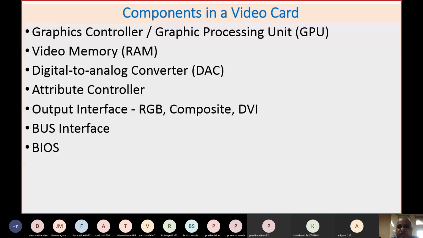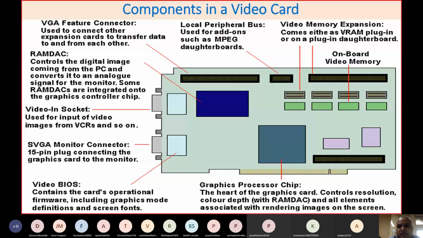If you see the different components on a video card, this is a diagram showing how a video card could be. Earlier, old type cards were normally used. Nowadays you'll find PCI cards are more common for video. But whichever card it is, it would fit into the slots.